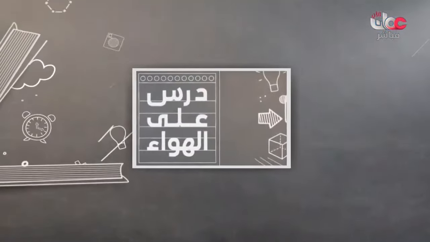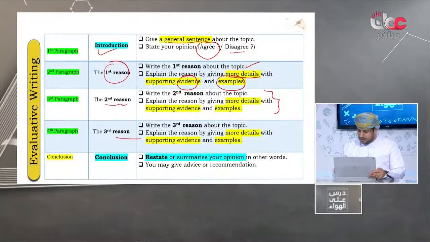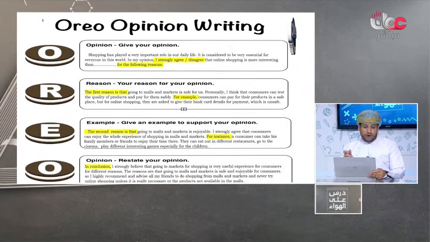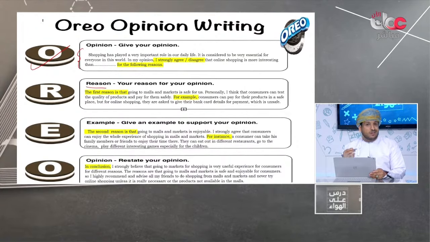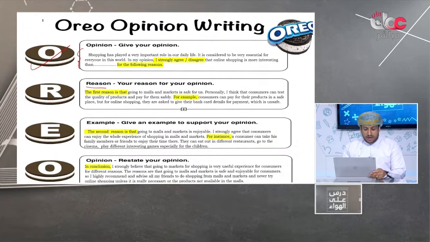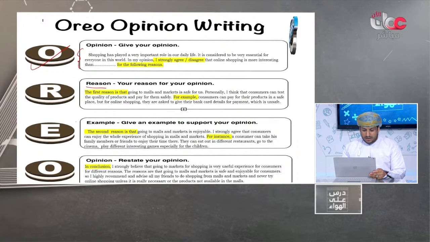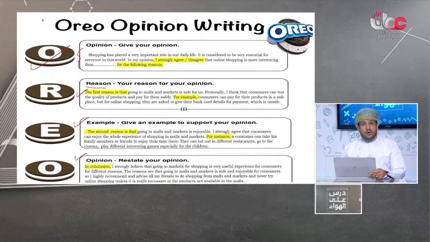Yes, 1 minute. So I would like to just give you the sample so that you can screenshot it or follow it in the repeated time for this channel. This is really important, because those are for audio. For example, you can write your opinion here, write a paragraph introduction. R is for reasons. You can mention 1, 2, or 3 reasons. This is very important. And then you can support with examples. So those are the reasons: first reason, second reason, and this is for the opinion or the conclusion.